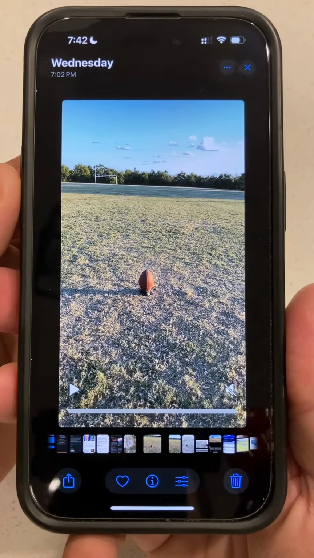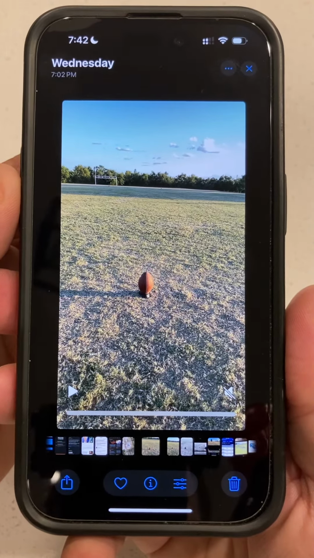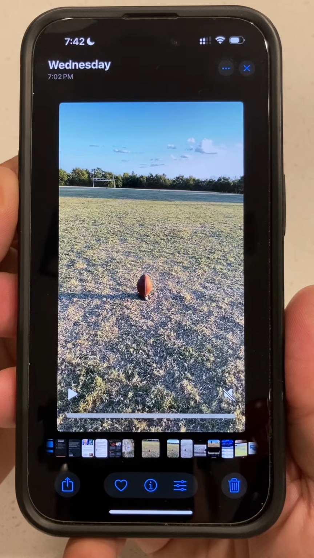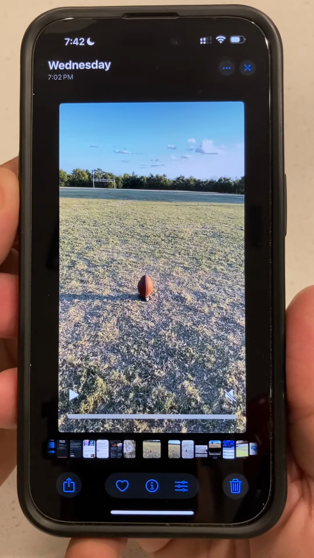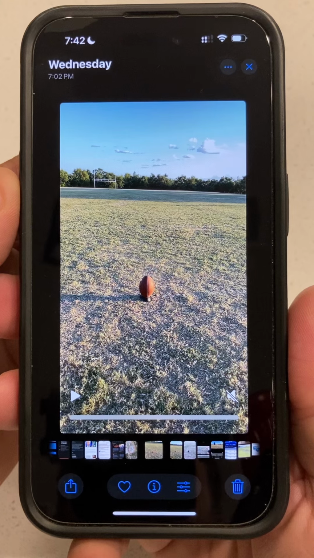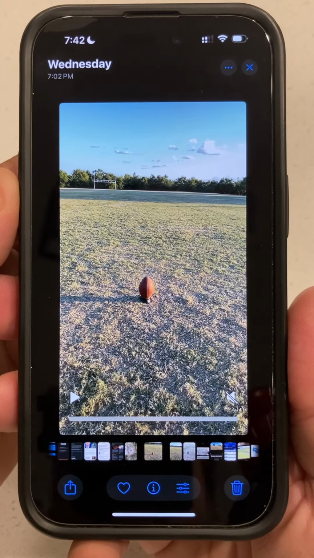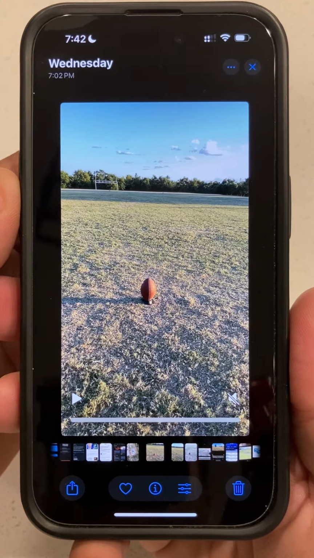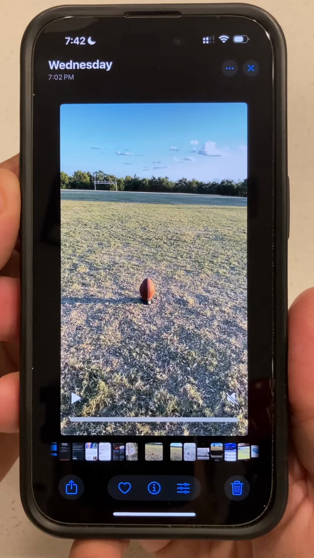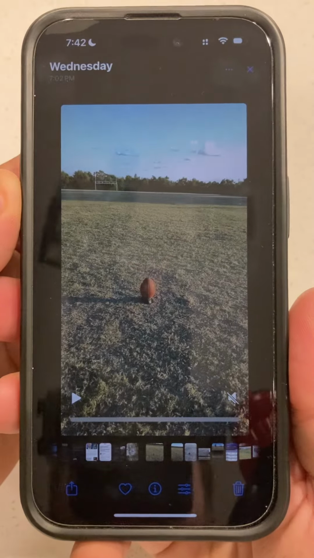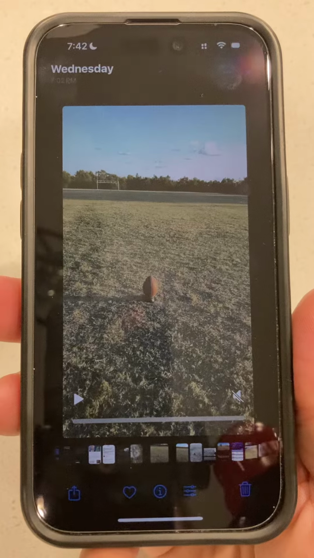Hi, so this isn't the type of normal video I make, but I am so frustrated with this iOS 18 update and how they completely ruined the video playback and usability within the Photos app. So a quick preface. Several updates ago, probably a year or two in 2023 or so, I noticed that they